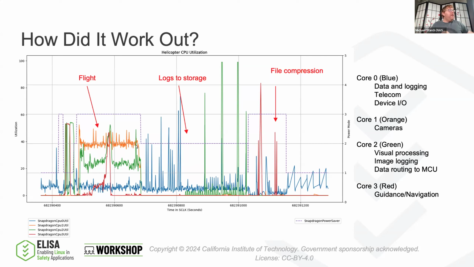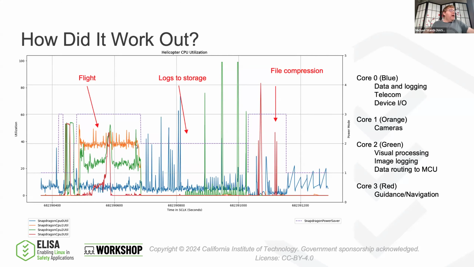So you can see here on the flight side, almost all of our processors, in fact, all of our processors here, are under 60% utilization. This is while we're in the air running visual navigation, GNC, and trying to control this helicopter, as well as talk down the radio to the rover and everything else. So that's very good. It means that we had plenty of margin when we were flying